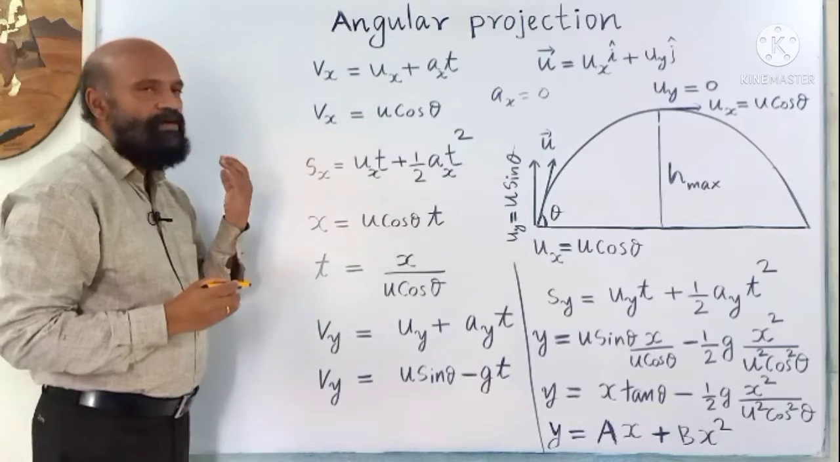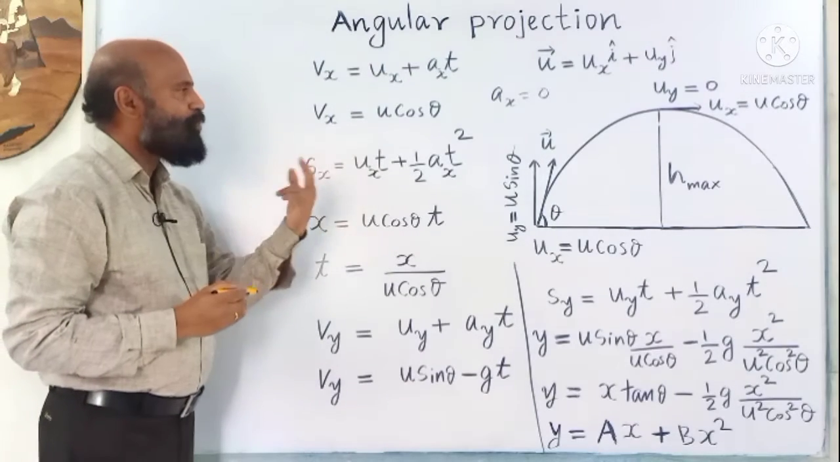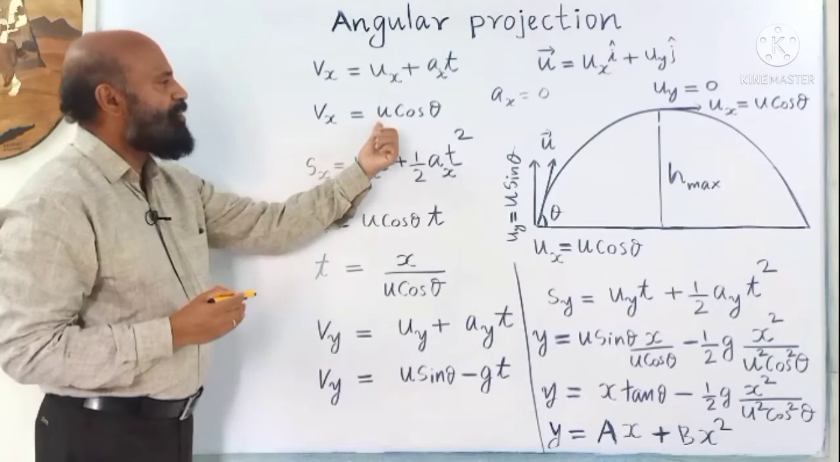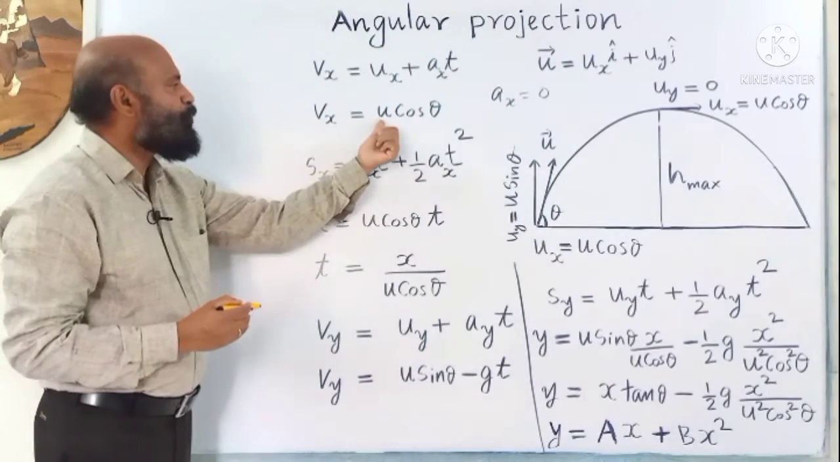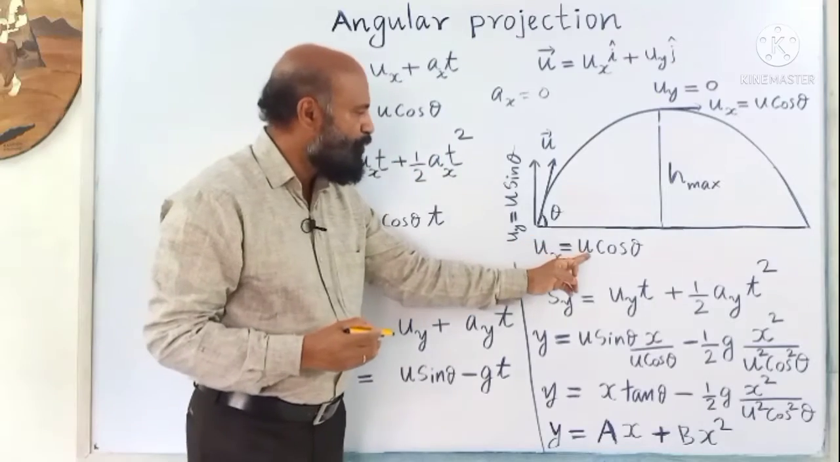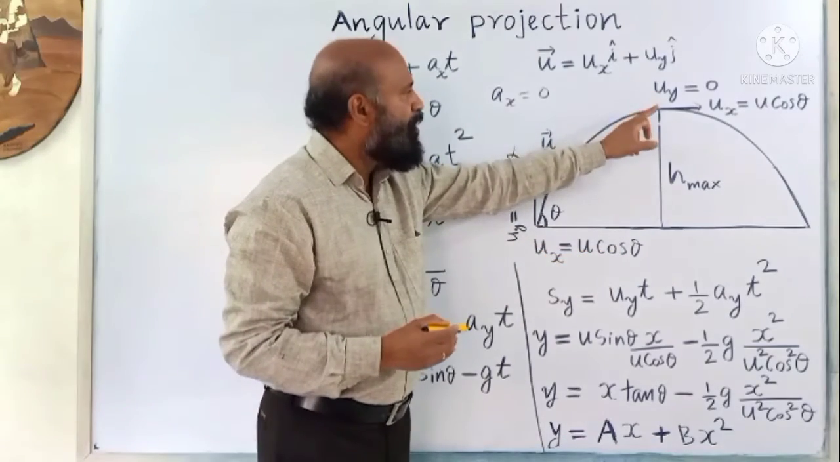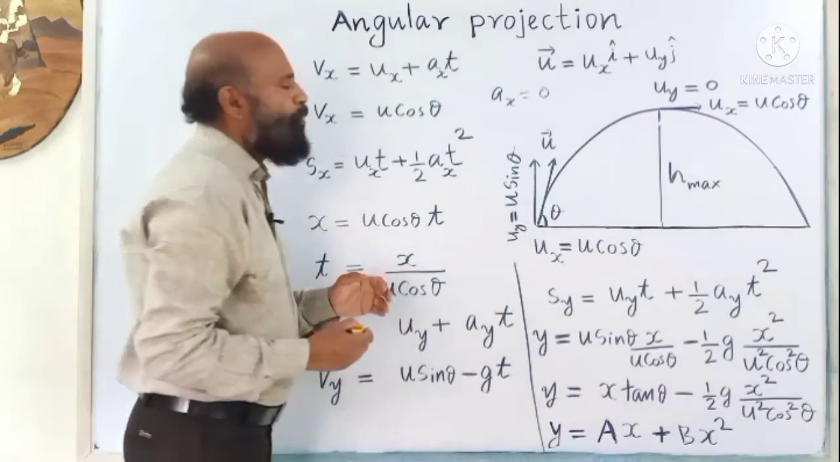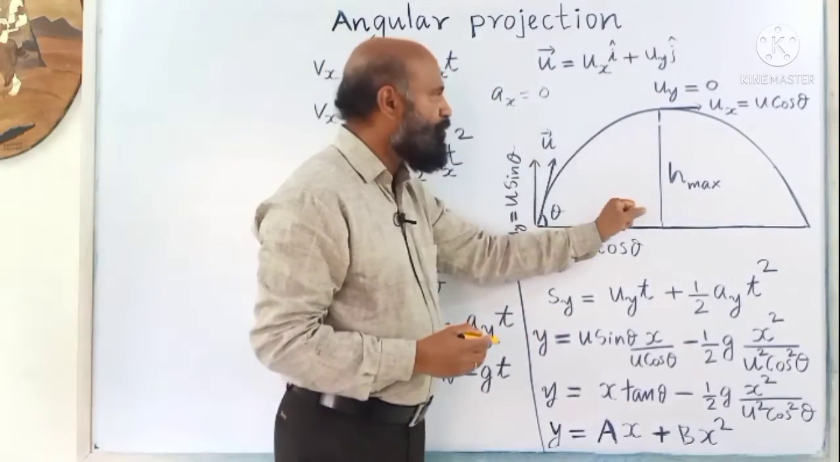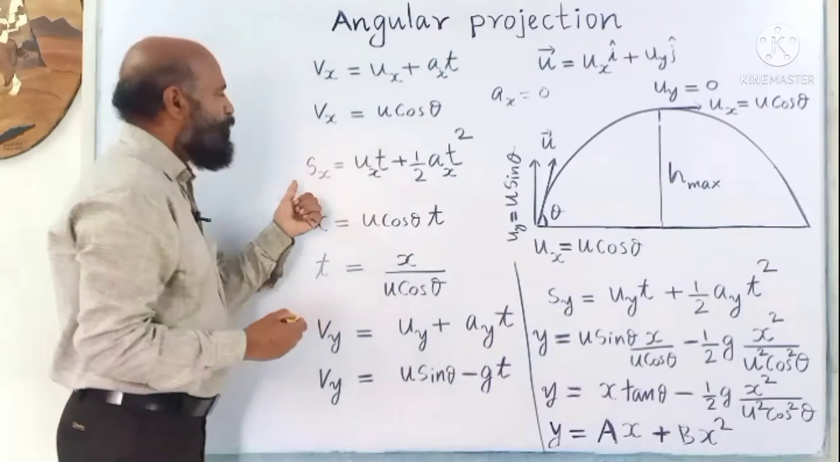That means velocity along the horizontal direction is not changing because there is no force in the horizontal direction. So vx is u cos theta. Initially it is u cos theta. When it is reaching the highest point also it is u cos theta. Only vertical velocity is going on changing. Now